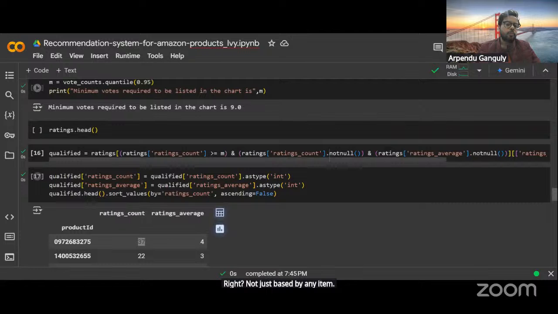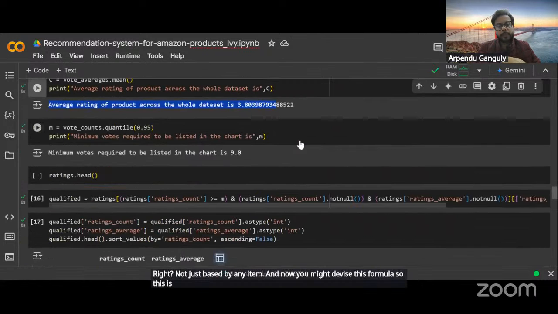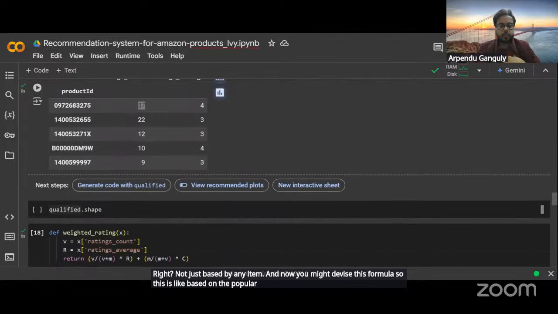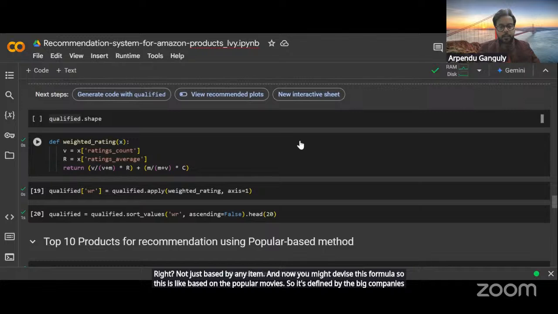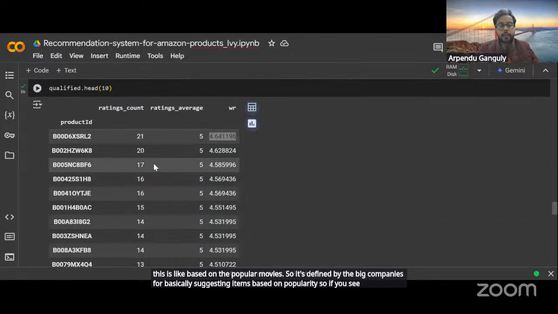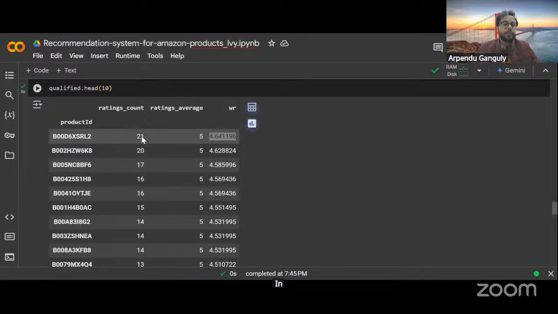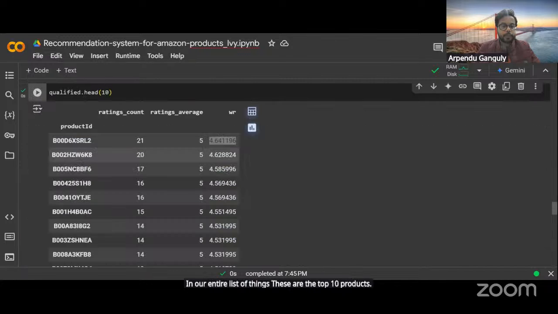And now you might ask me to devise this formula. So this is based on the popular movies. So it's defined by the big companies for basically suggesting items based on popularity. So if you see in our entire list of things, these are the top 10 products, right, based on the